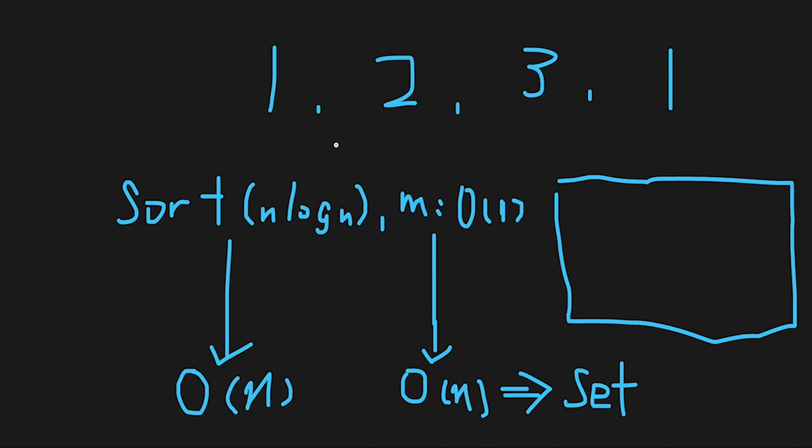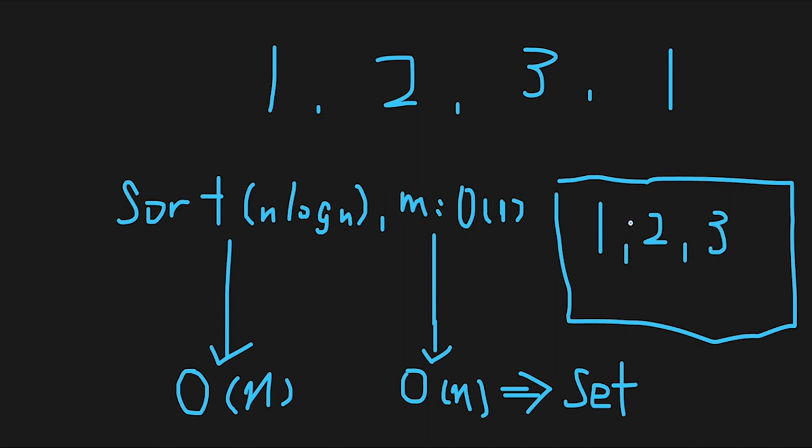We just iterate through from index 0 to last. So now we have 1, and then check if we have 1 in the set, but there is no data. So in that case, add 1 to the set, and then move next. We find the 2. Check if we have 2 in the set. There is no 2, so add 2 in the set, and we have a 3. So there is no 3, so add 3 into the set, and then again we find 1,